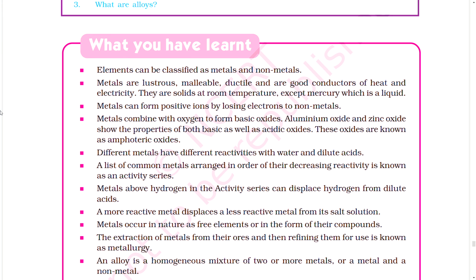Aluminum oxide and zinc oxide show the properties of both basic as well as acidic oxides. These oxides are known as amphoteric oxides. Different metals have different reactivities with water and dilute acids. A list of common metals arranged in order of their decreasing